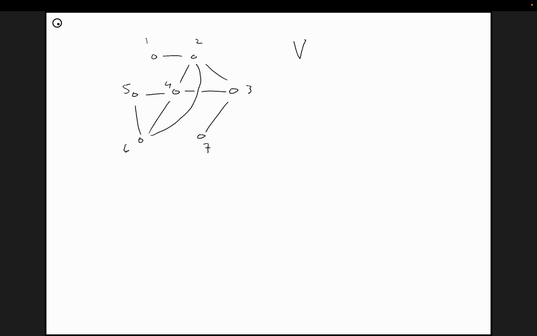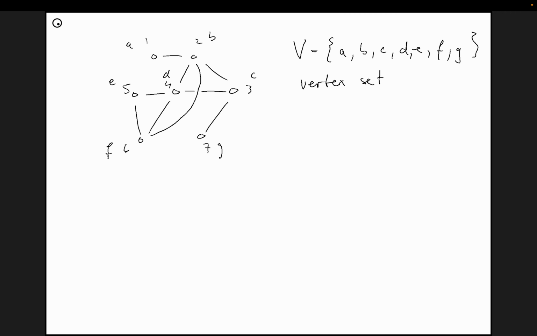So we have a vertex set V, consisting of, I enumerated them, but let's call them A, B, C, D, E, F, G. So we've got a vertex set,